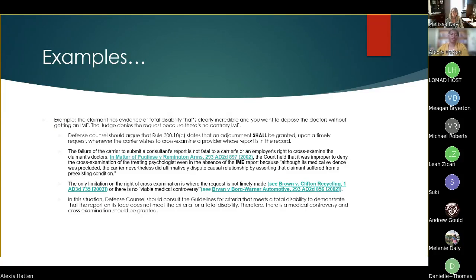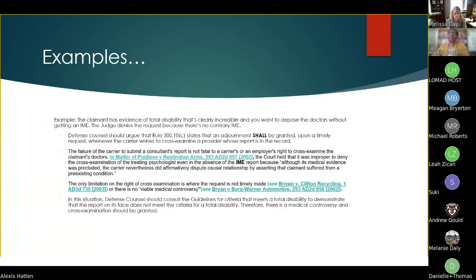So there's case law on this. The failure of the carrier to submit a consultant report is not fatal to the right to cross-examine. The only limitation on the right is where the request is not timely made, or there's another one hanging out there where there's no viable medical controversy. Now,